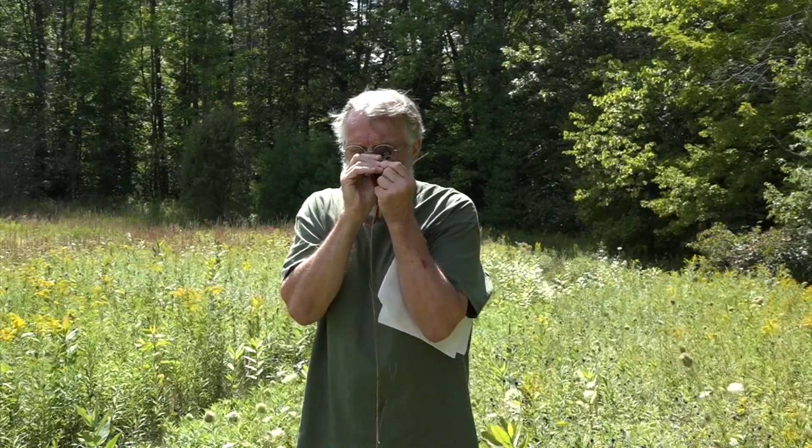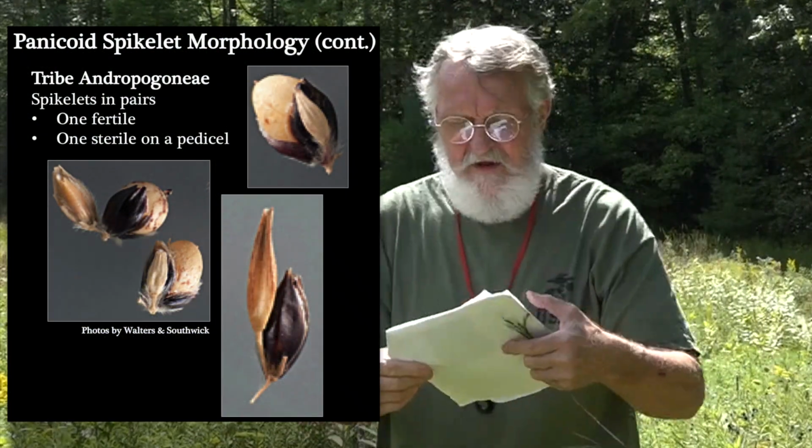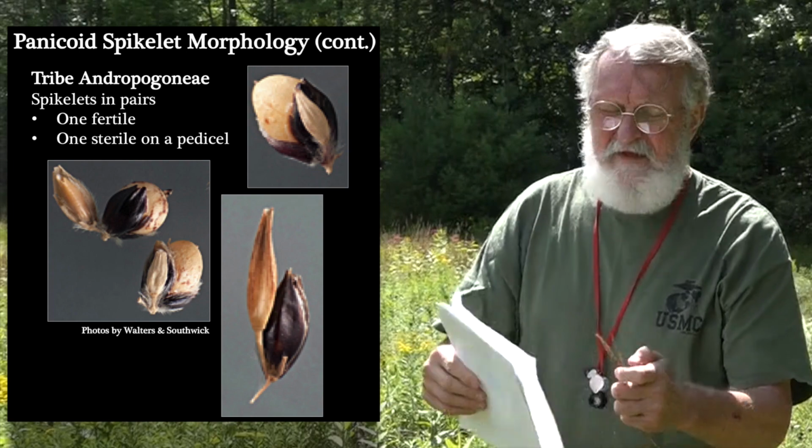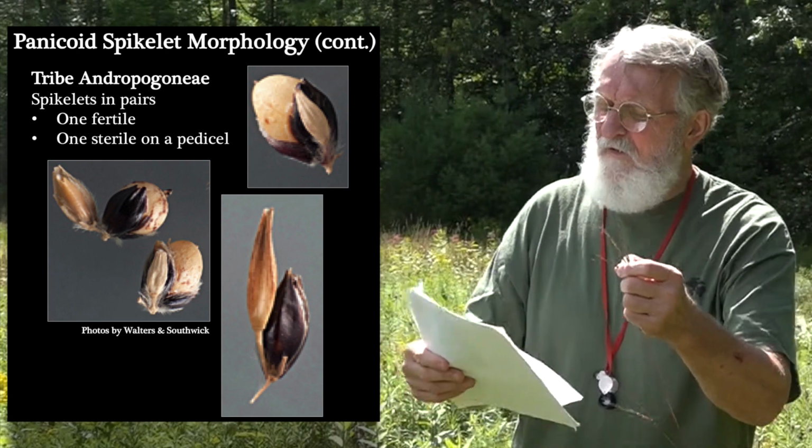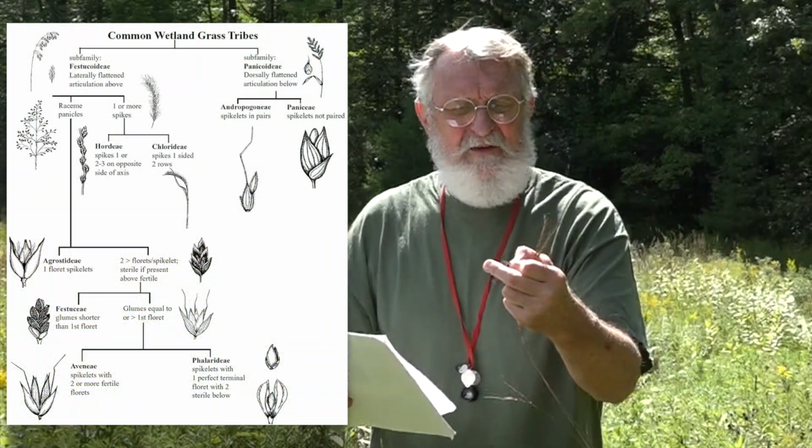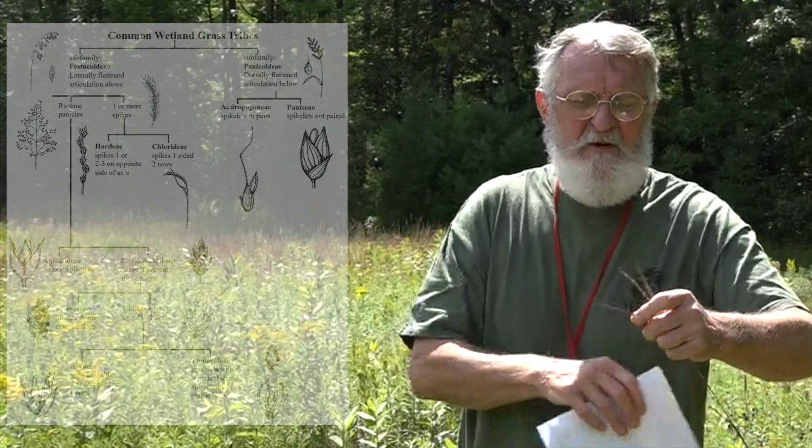Okay, our last tribe we're going to do for now, and that is, as I look into these parts of the raceme and I spread them, I'm finding at each one of the points two spikelets together. Now remember when we talked about the panicoids, one was fertile, one was infertile. Well, this is the same thing. However, these look more like a traditional, so to speak, spikelet, but they're in pairs. And so that gets us over to the panicoids, and the two of them together takes us to the Andropogoneae,